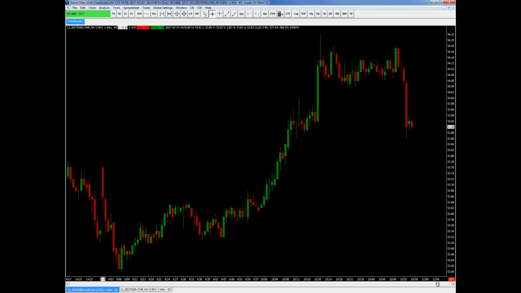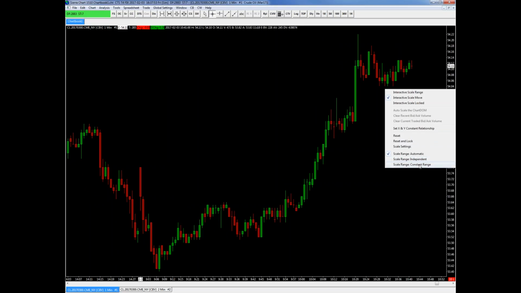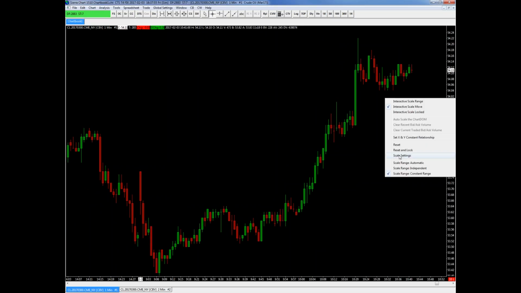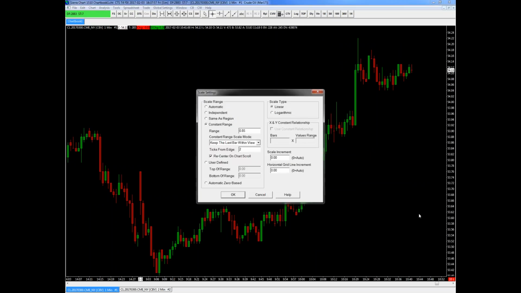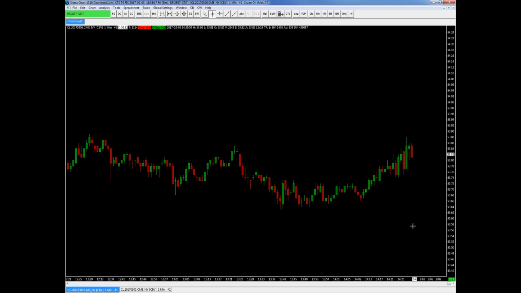I don't like that. I like to say this is a decent move. Let me keep that as a constant range. In fact, let me go into the actual scale settings, and I want to keep it as a constant range, which is 85 cents. I don't care about keeping the last bar within view. I'm just going to keep it manual. And I don't want it to recenter every time I scroll. I want it to be purely manual. Okay? So now when I go from here to where previously it was all scrunched up, I have a frame